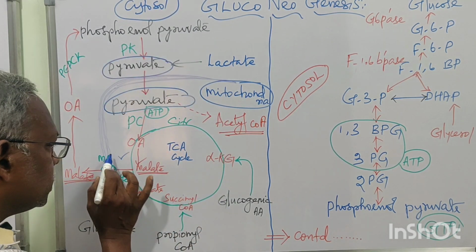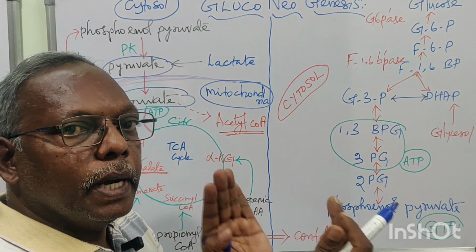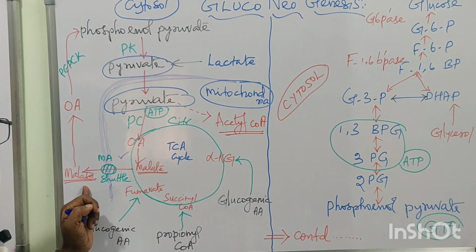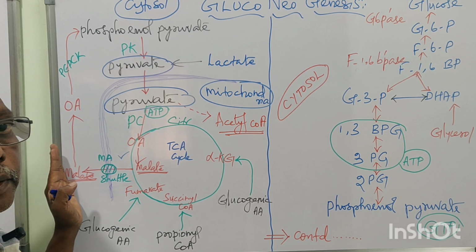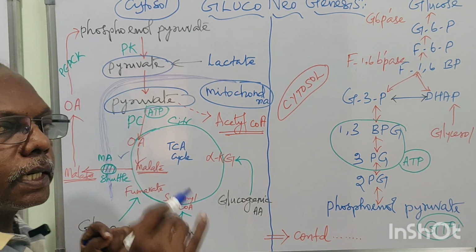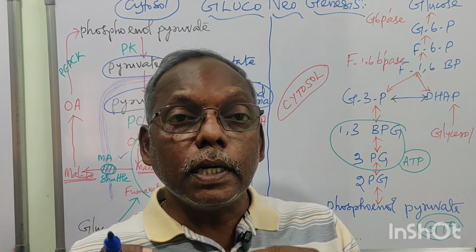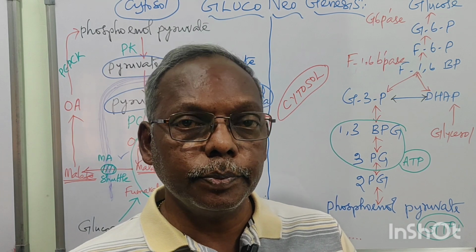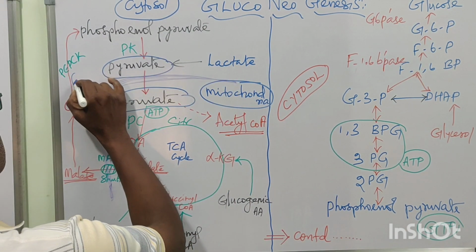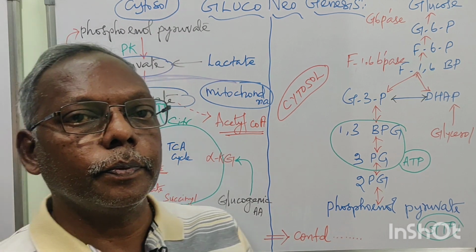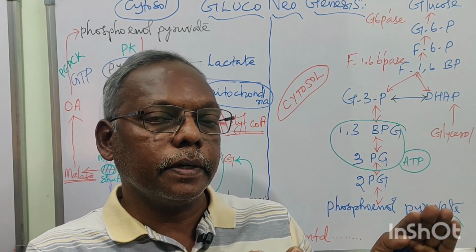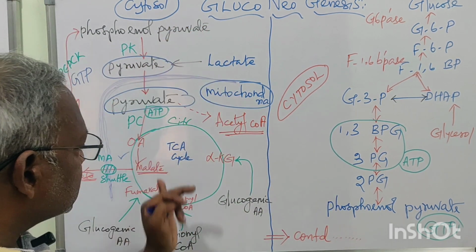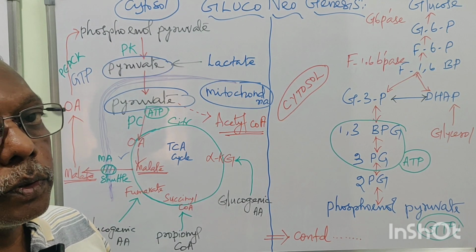Right? So through this malate aspartate shuttle, the malate is transported from mitochondria to cytosol. That is the mitochondrial membrane, out of the mitochondria, cytosol. This malate is again converted into oxaloacetate. This oxaloacetate is converted into phosphoenol pyruvate with the help of the energy molecule GTP. Very important point. For the conversion of oxaloacetate to phosphoenol pyruvate, we require one energy molecule, GTP. Right? This is the first part of your diagram of gluconeogenesis.